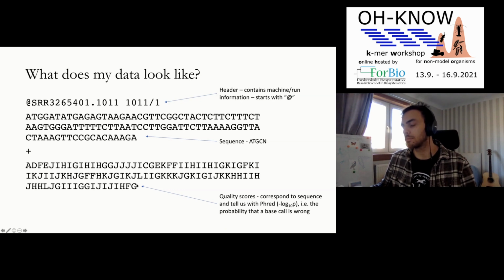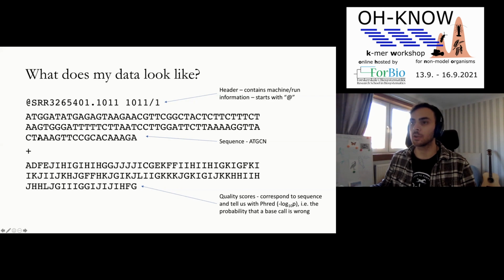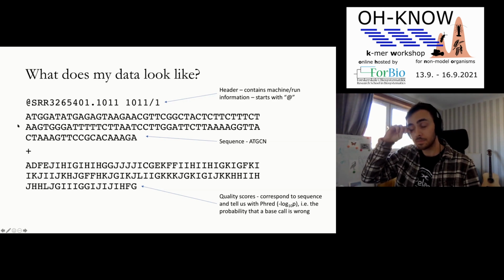Phred scores are also a bit of an enigma in the sense that they don't always make sense to compare across runs, but they can be very useful within a sequencing run to figure out if you have some badly sequenced strands. And this is obviously one read. So in your Fastq file, you will end up with many millions of these probably. And as you have seen, each of these is basically 4 lines. So it's a bit compressed here, but in reality, you have the header line, the sequence line, the plus, and then the quality line. So that's just worth bearing in mind when you're trying to figure out how much data you have and things like that.